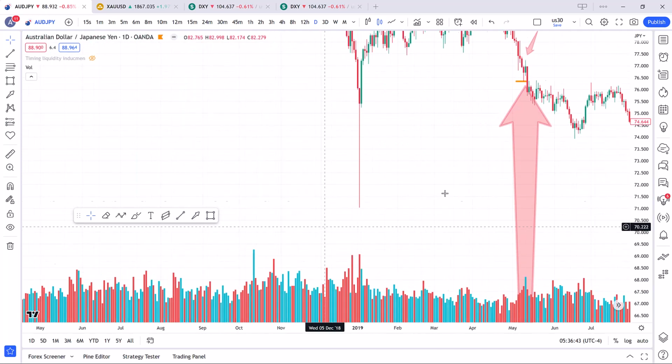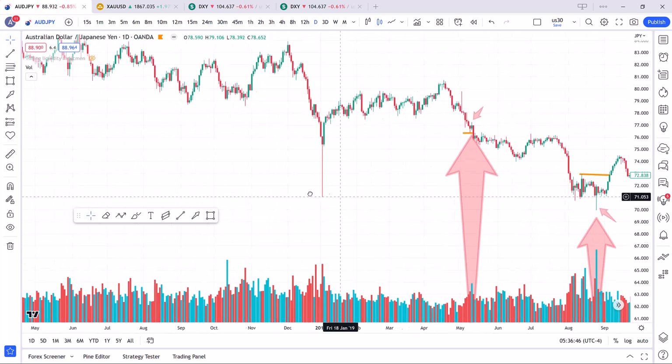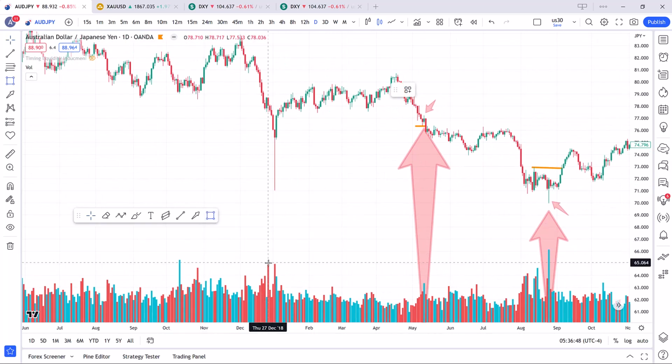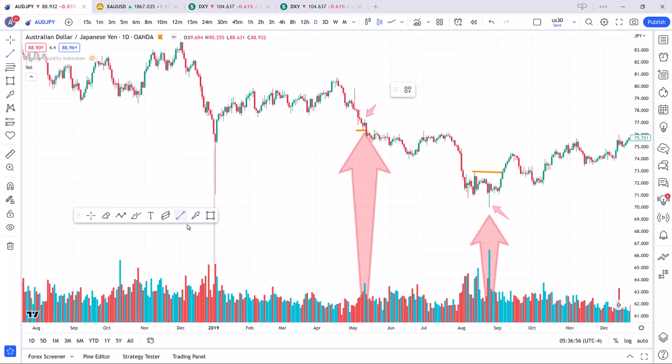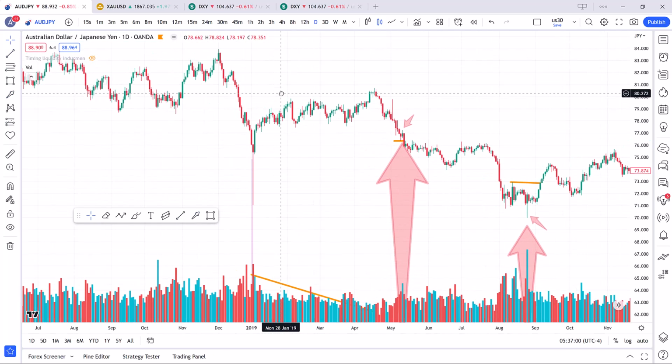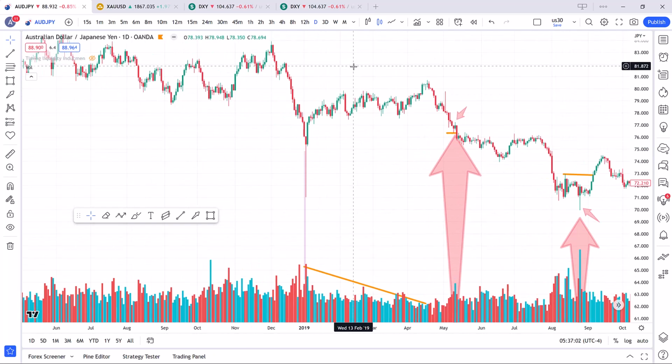Where we have other kinds of high volumes, you can see that we have that here, and it is an absorption and the market starts to go higher. Another important thing is that the spread is going lower, so this is just a pullback. We are going to talk about this in other videos.